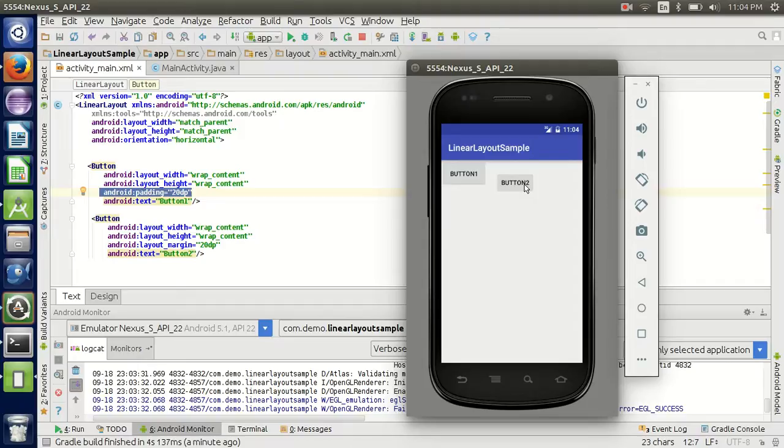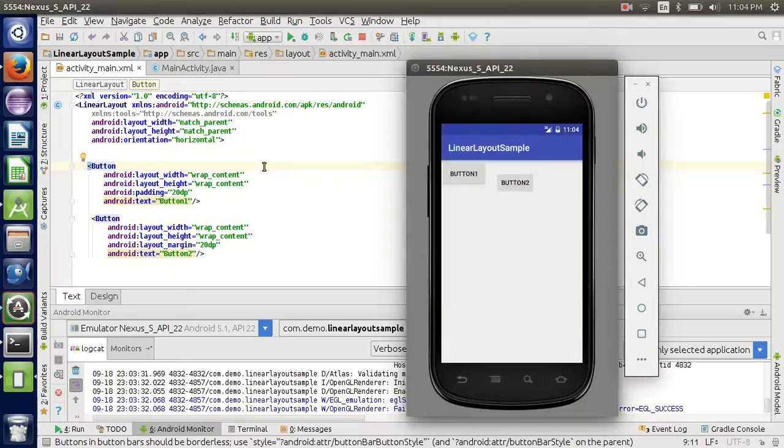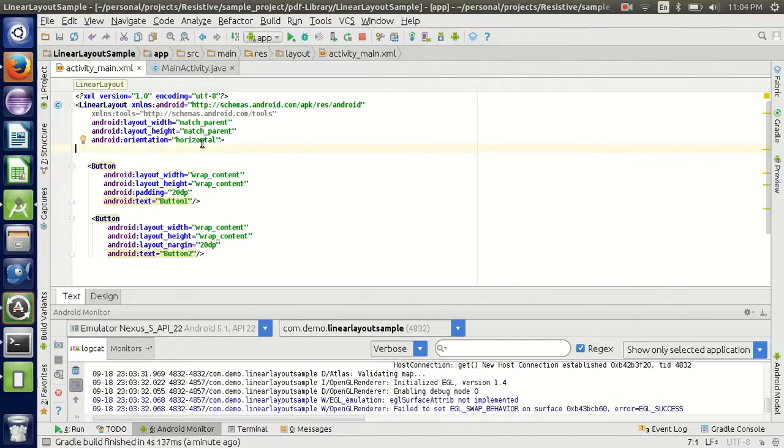Okay. Now there is one more attribute available in linear layout, that is weight sum. If you want to divide the screen into two equal ratios, either width or height, you can use weight sum. Now I will show you how to use weight sum. So orientation is horizontal, fine, no need to change. Now Button 1,